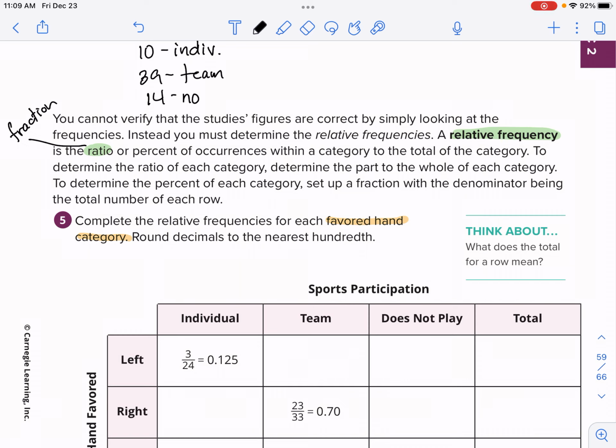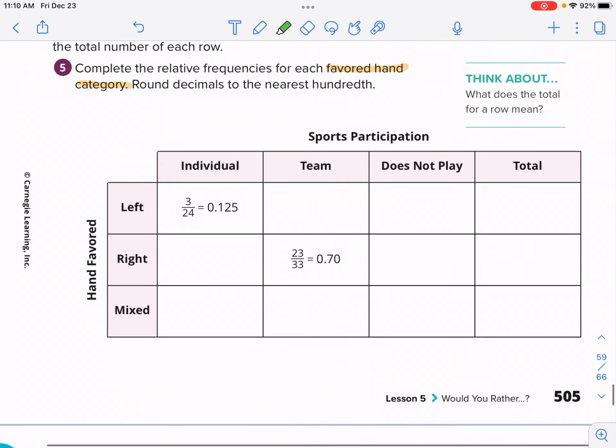Or percent of occurrences within a category to the total of the category. So total of hand favored or total of sports participation. To determine the ratio of a category, determine the part to the whole, right? That's essentially just a fraction, part to whole of each category. And then to determine the percent of a category, set up a fraction with the denominator being the total of each row. So what we're going to put here, and we already have part of it completed for us,